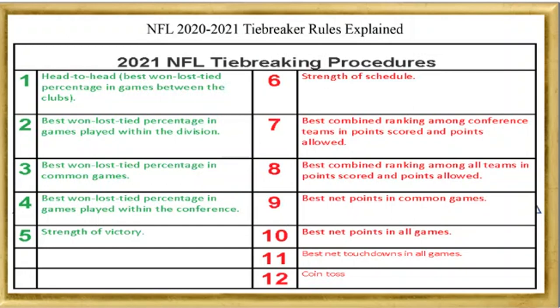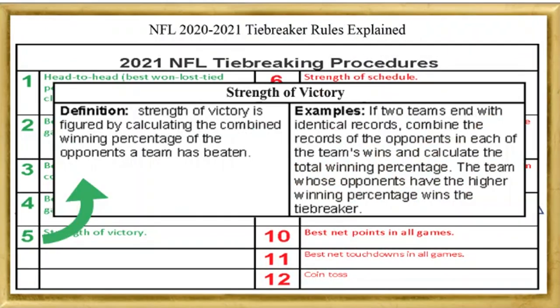Now, you might see on number 6, it's also strength of schedule. Strength of victory obviously is much more important. To me, it's the ultimate tiebreaker because, as we can see from the definition, strength of victory is figured by calculating the combined winning percentage of the opponents a team has beaten. That is, if 2 teams are tied and the combined record of the teams that one team has defeated has an average score higher than the records of the teams that another team has defeated,